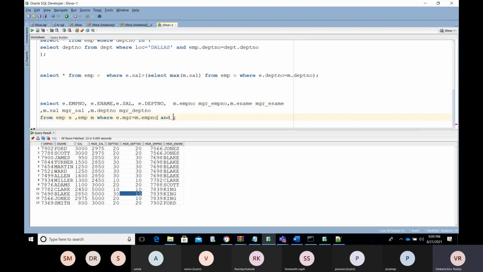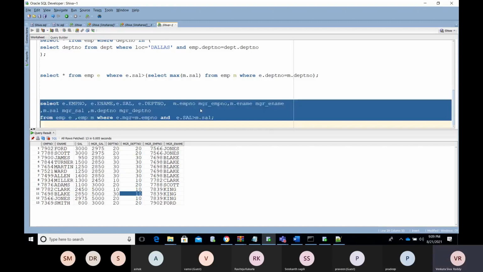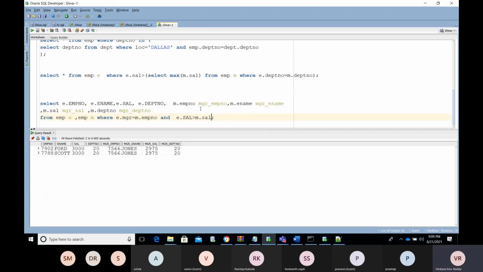Now I can write it in this way. So E dot salary greater than M dot salary. We will get the results here.